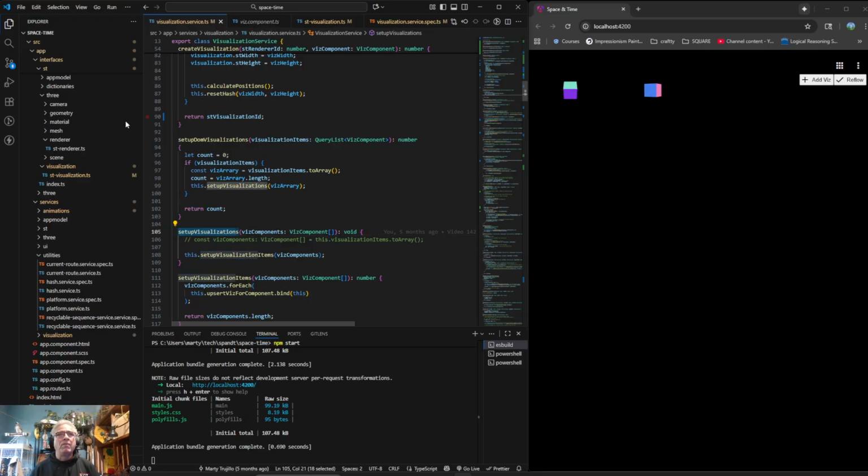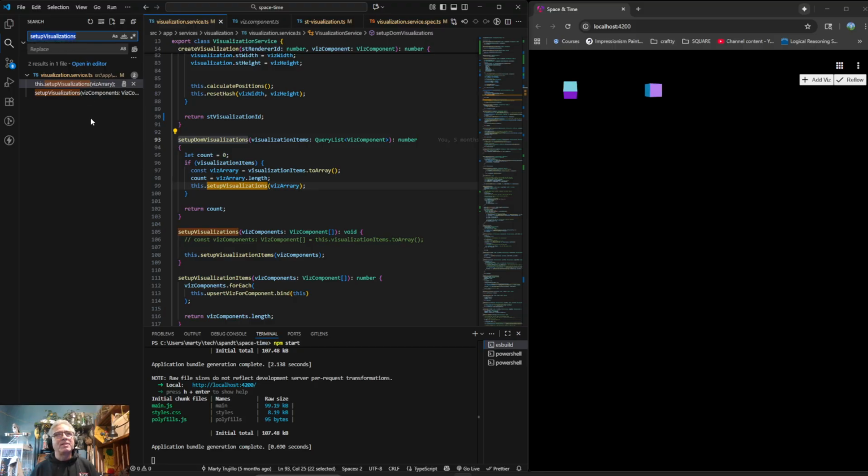Oh, it's set up DOM visualizations. And I'm guessing that since this thing actually has access to the components as a query list, it probably is from the one that's being used outside of this. Yep. So both of these actually use it, right? The custom layout and the tabular layout both call this setup DOM visualization. So basically it calls this and then it attaches it